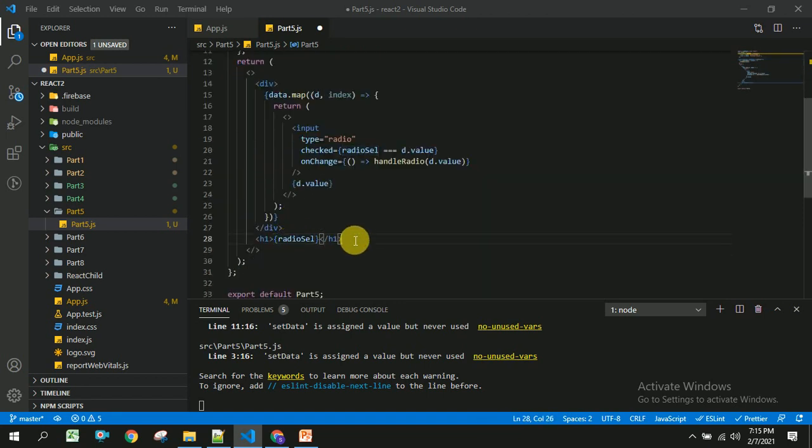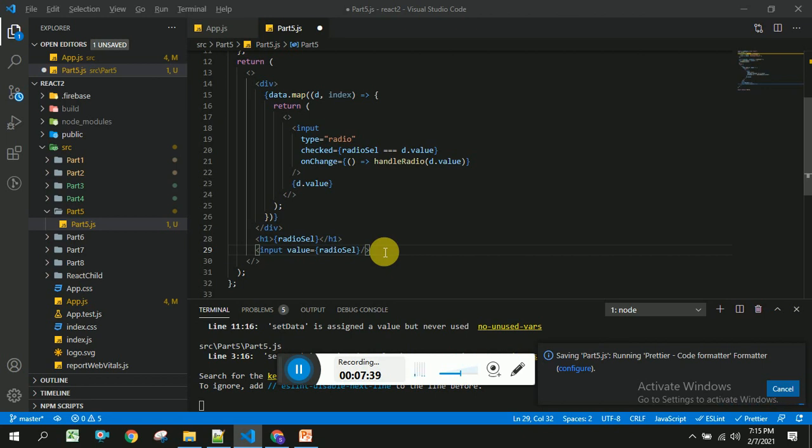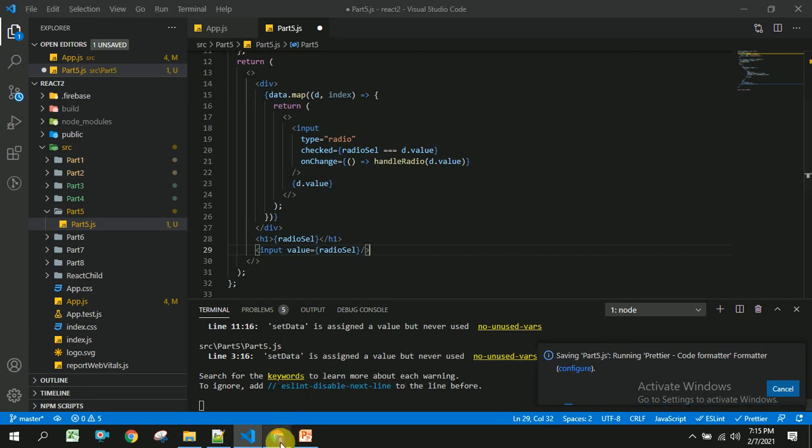If you want to show that in text box, you can show it in the value. That's it. Let us save this. So you should be able to get the selected value in the text box.